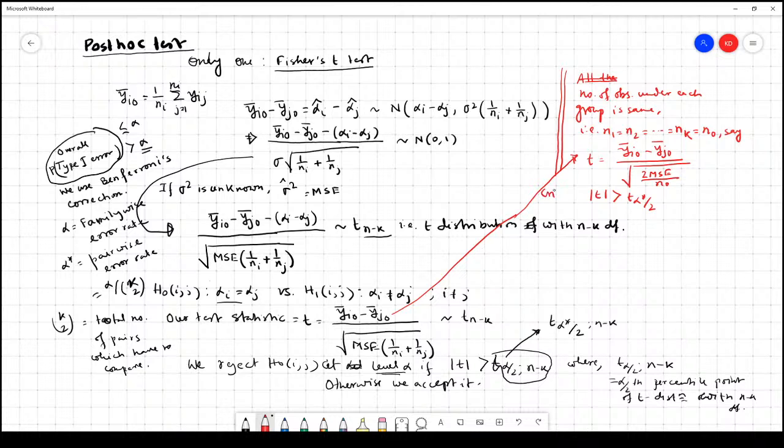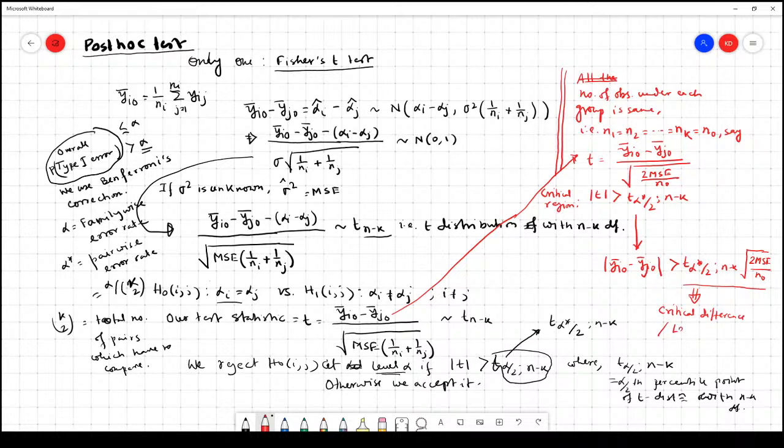We reject H0 if mod t is greater than t alpha star by 2, n minus k. This is the critical region. Equivalently, mod yi naught minus yj naught is greater than t alpha star by 2, n minus k times root over 2 MSE by n, and this is called the critical difference